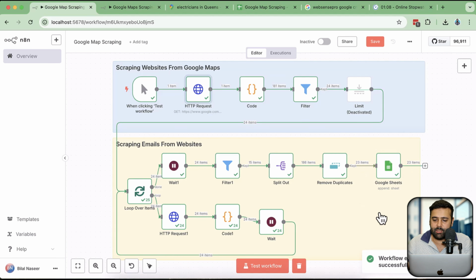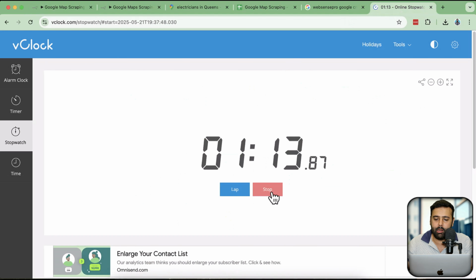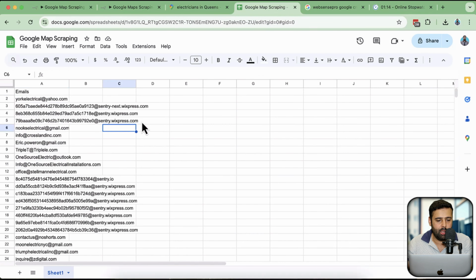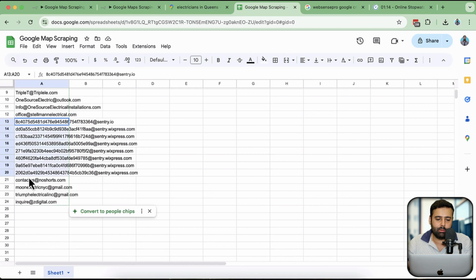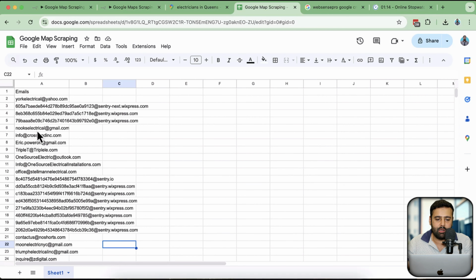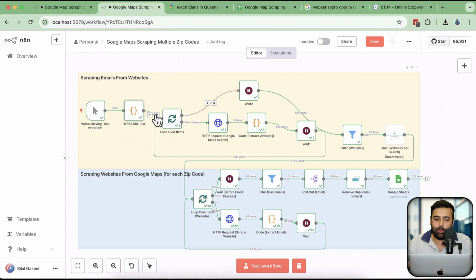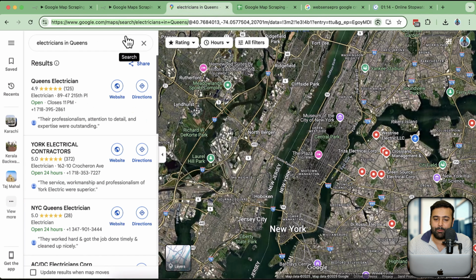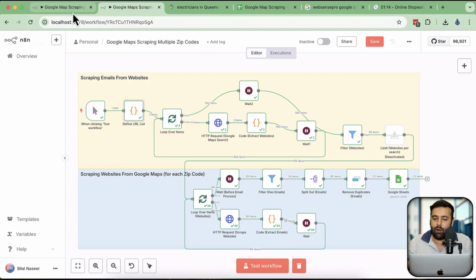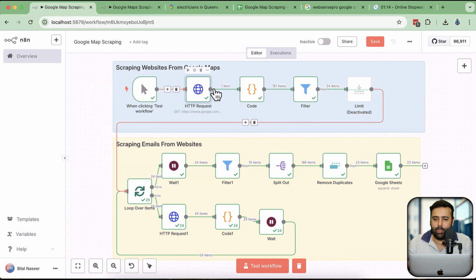Okay, our workflow execution has been completed and we have 23 items updated in our Google Sheet, and it took about 1 minute to scrape all of these websites and find emails from those website lists and update that in our Google Sheet. Okay, we have some weird data, but we can filter that out using our filter node. But you get the point that you can do really fast scraping using this Google Maps scraping workflow. And with this advanced one, you can have multiple Google Maps URLs and you can basically scrape a ton of data really fast. Okay, I'm going to create this workflow to show you guys how you can create that on